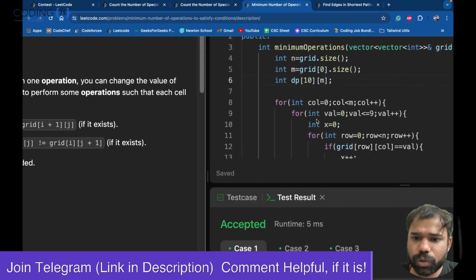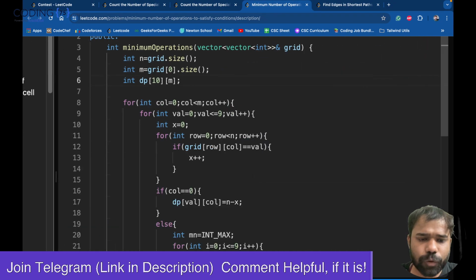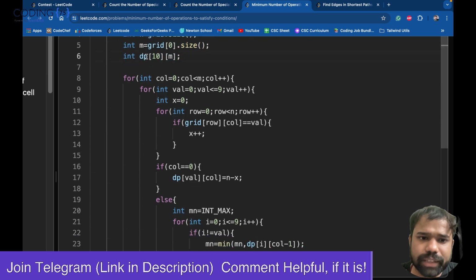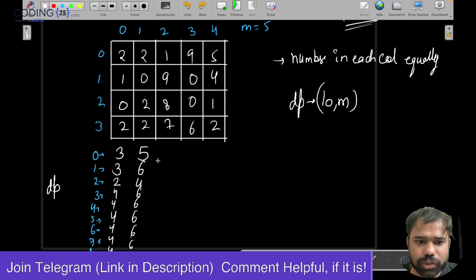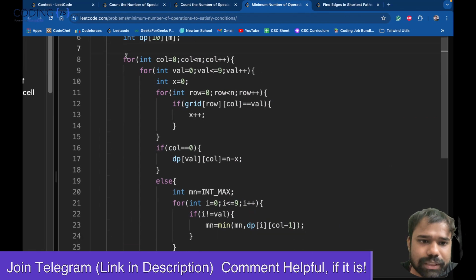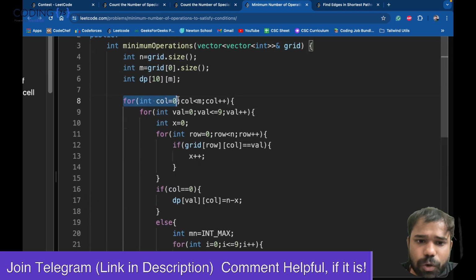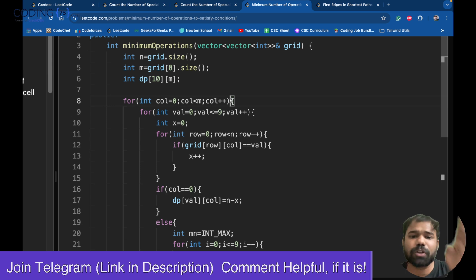If you see the code that I have written here, first of all, I calculated n and m, how many columns and how many rows there are. Okay, I made a DP array of 10 comma m. As I said, there should be 10 rows, for each value you will find for each column. So 10 comma m, there are m columns, right? Now first of all, we have a loop for each column which will iterate from 0 to m minus 1,